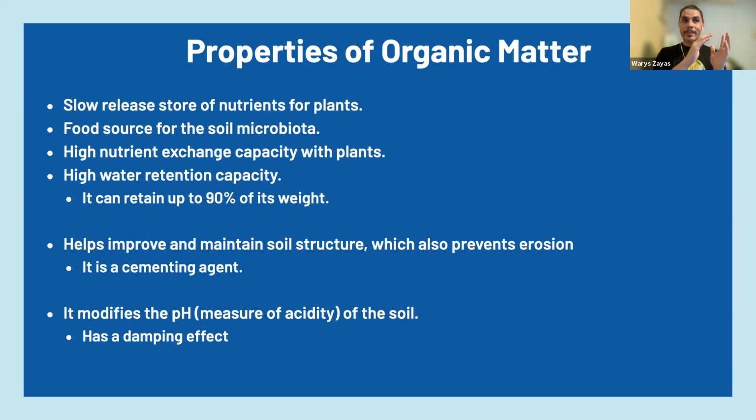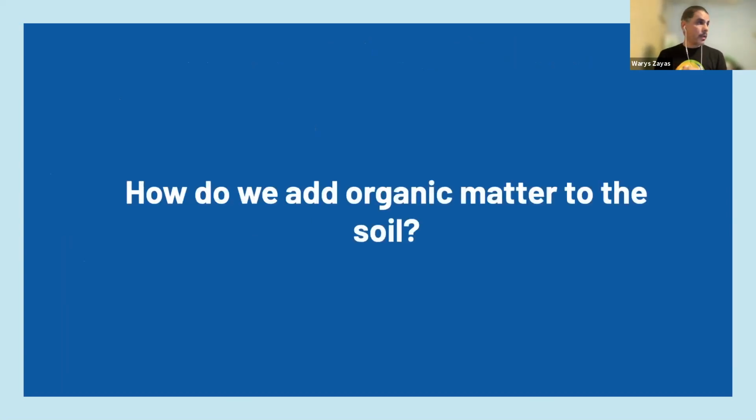So an adequate pH for most of our crops, we desire to have that pH in the soil around 6.5, 7. You know, that's the ideal pH for many of the crops that we can produce, right? So the organic matter has this potential too, right? So how do we add organic matter to the soil? There are many ways, but today we will be talking about the compost, right?